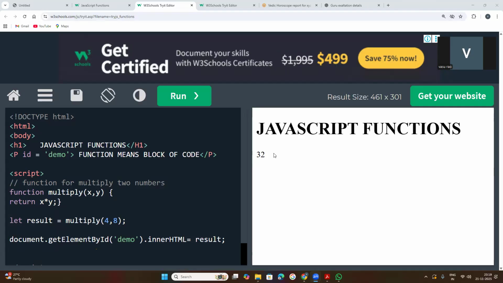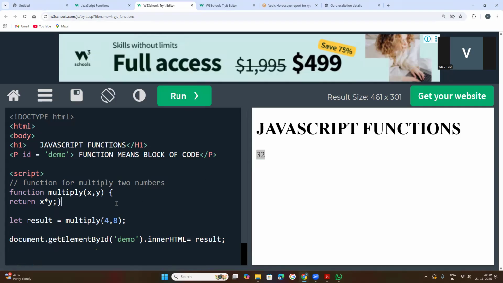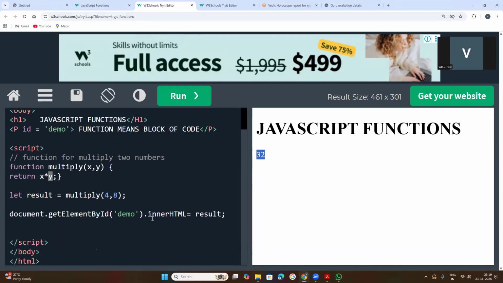So now what happened here? Whenever I run this code, I am getting the result 32. So 32 is what? 4 into 8, 32. This function returns 4, x is equal to 4, y is equal to 8. 4 into 8, 32. But before this, if I want to keep some text along with the result,